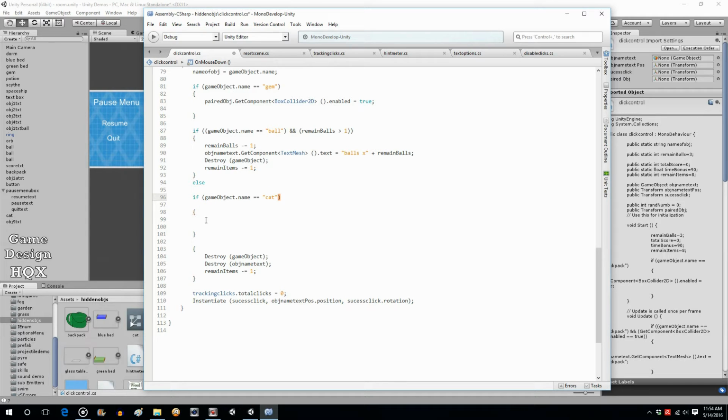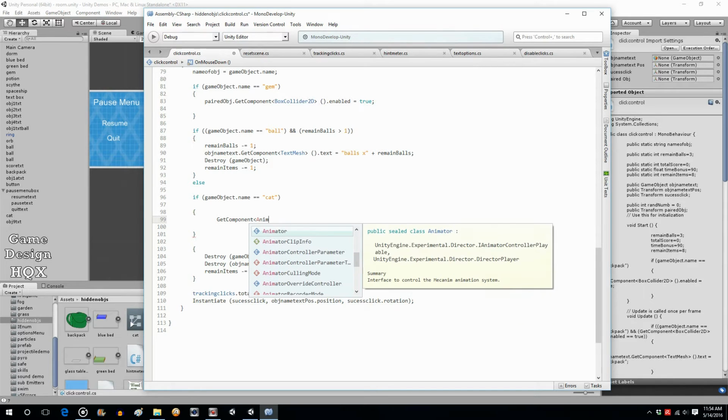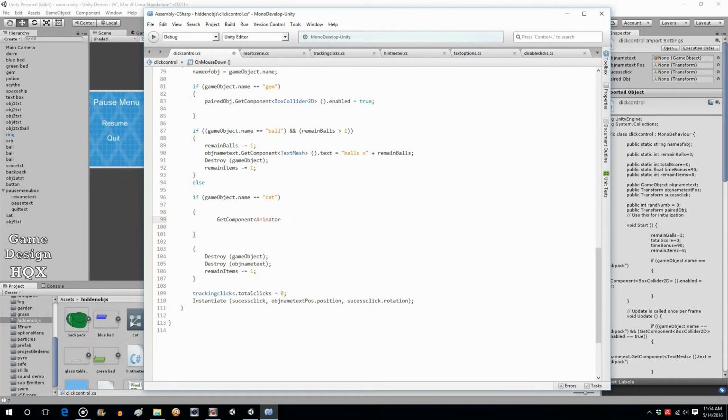If object name is cat, then get component. So what we're going to do is we're saying that if the object name is cat, so if you've clicked on the object and its name is cat,